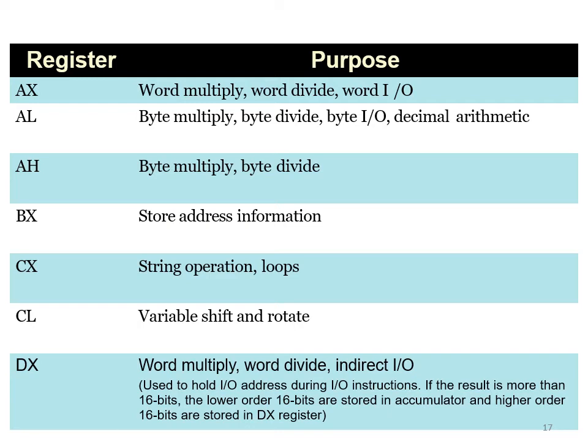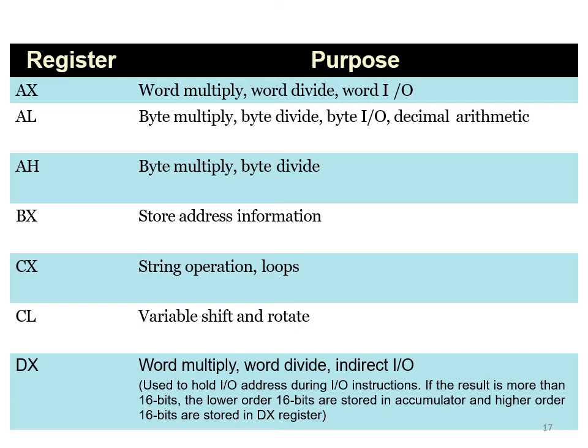It can store the logical address or the offset address into the BX register, which can be taken over by the BIU, and the effective address can be calculated. And for a program, sometimes there will be loops, where the same set of instructions has to be repeated a number of times, so how many times it should execute is the loop count. That loop count can be stored into a